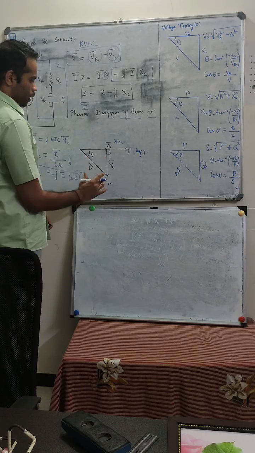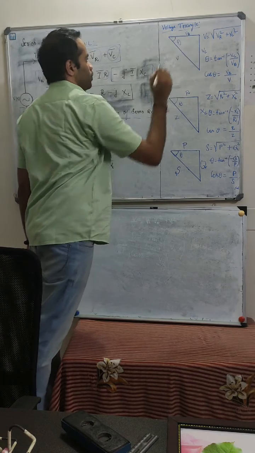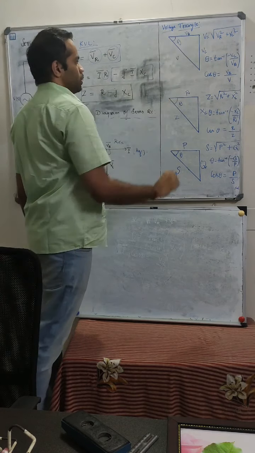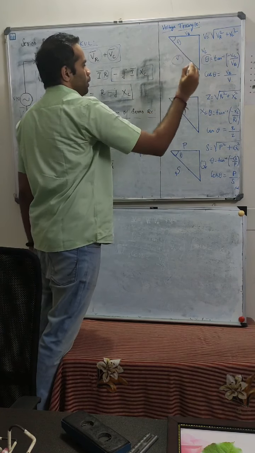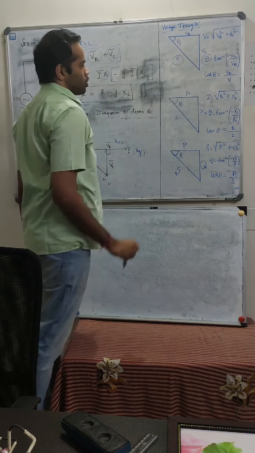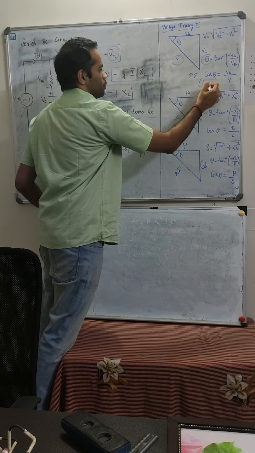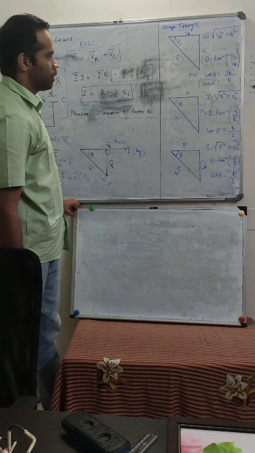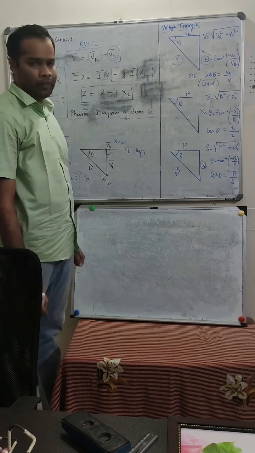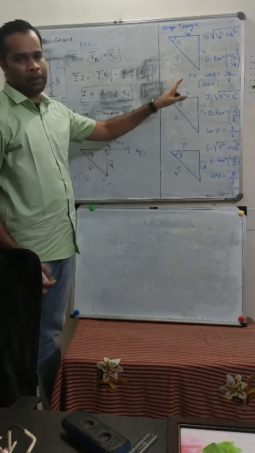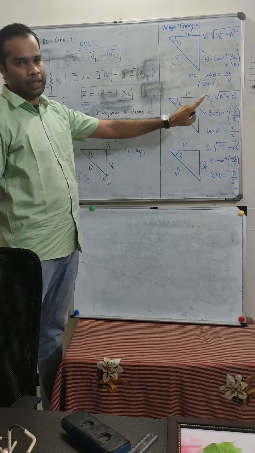From here we can draw the remaining triangles. First the voltage triangle. Based on the Pythagoras theorem, we can calculate the net voltage and also the angle theta, and similarly cos theta, which is the power factor. Here the power factor is leading, whereas in your RL circuit you have a lagging power factor. If I have not mentioned that, please note it down. The power factor is leading here, whereas there it is lagging.